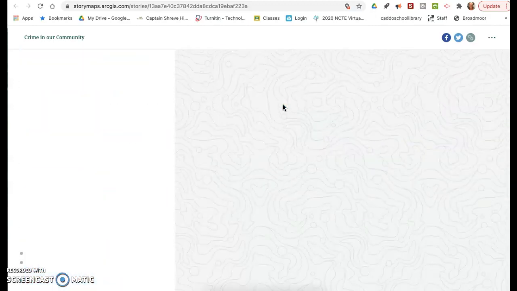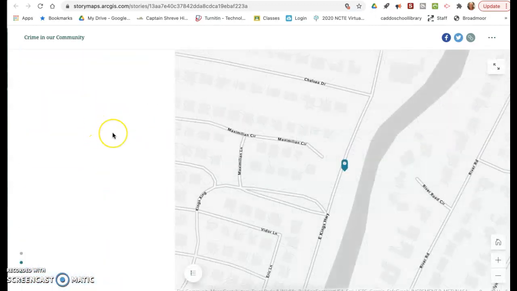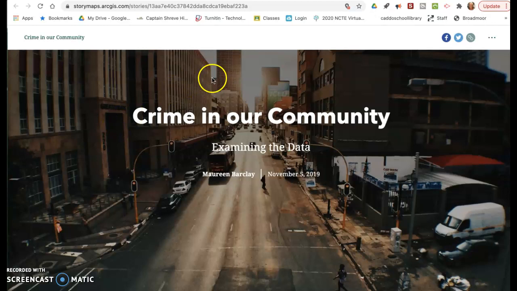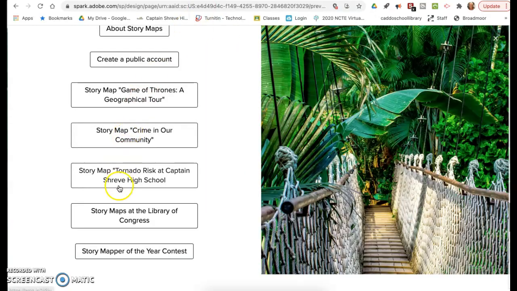Okay, so that's a way you can use story maps and maps that you create yourself to engage students in some evidence-based discussions, some text-based discussions. And that's kind of interesting. We also have this map that I created,